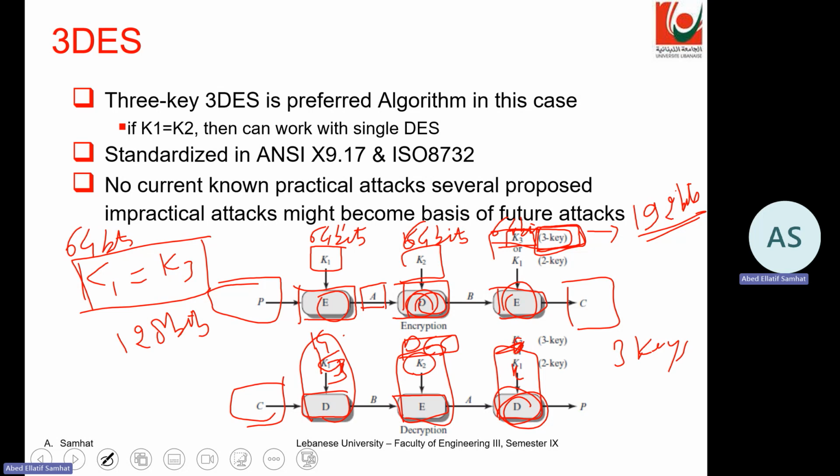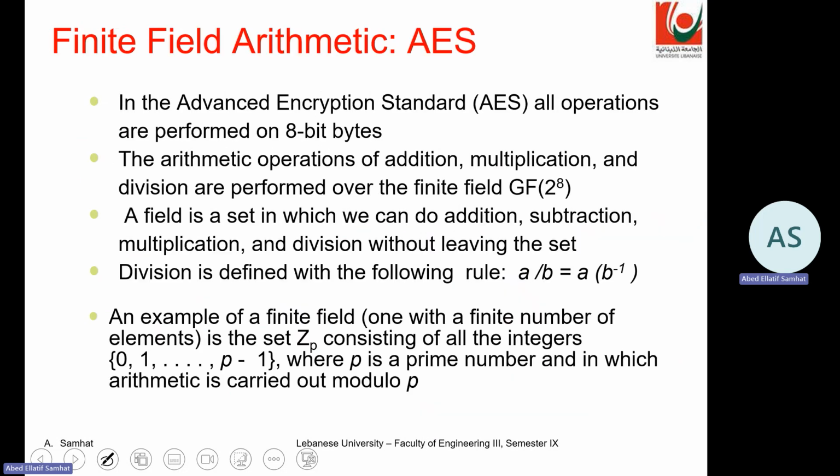So this algorithm was used, and maybe in some applications it's still used because in certain applications it provides good security. It depends on the application, and that approach maintains the use of the DES algorithm in this way. The other algorithm, which is the Advanced Encryption Standard, is a completely new